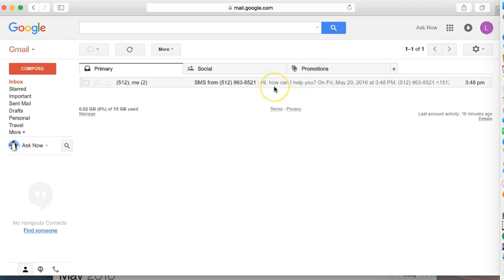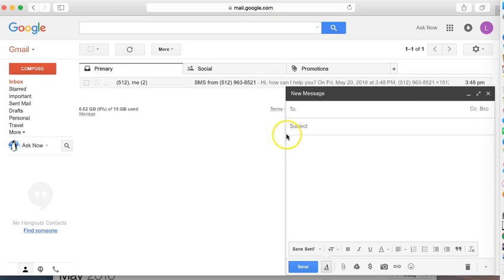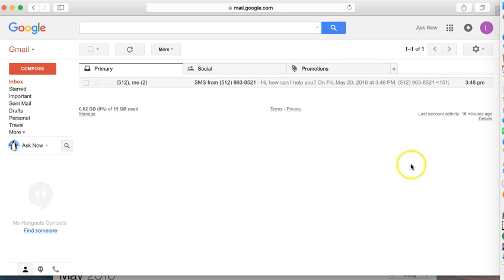But also, as well as sending emails, just the usual way with Gmail, send your patron an email. They can email back and forth with you. But I've also set this up with a free Google Voice account so that we can respond to text messages from patrons. And like I said, we're probably not going to get many of these, but it's a useful thing